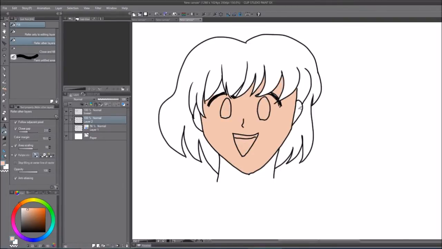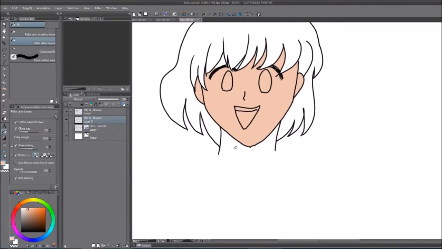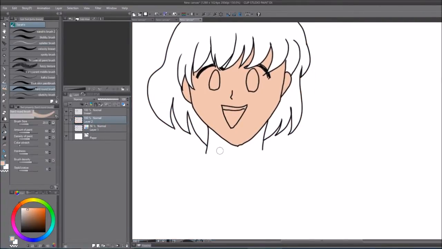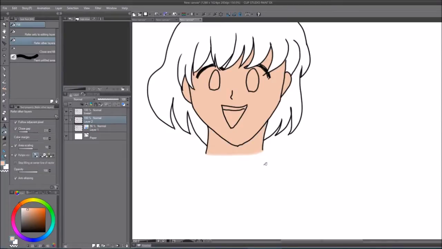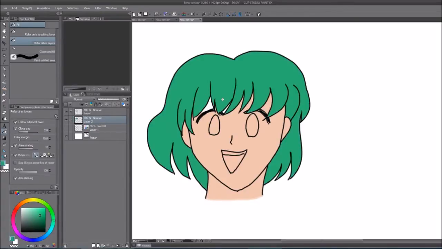Now the tricky part here too is usually it will spread if you don't have a closed area that it refers to. So like the neck, it's open, it's gonna color everything else. See? So what I usually like to do is do this, and then go back to the tool. There, we got one clear, the face done. You can do the hair done. Like say,